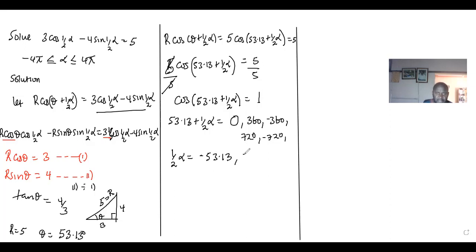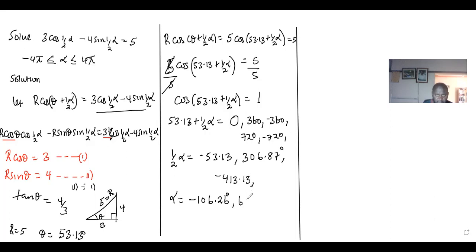What do you get? 306.87. Then negative 360 minus 53.13, you get negative 413.13. The 720 is way beyond the revolutions we want, so we shall have alpha is equal to negative 106.26. When you multiply these two, you will get